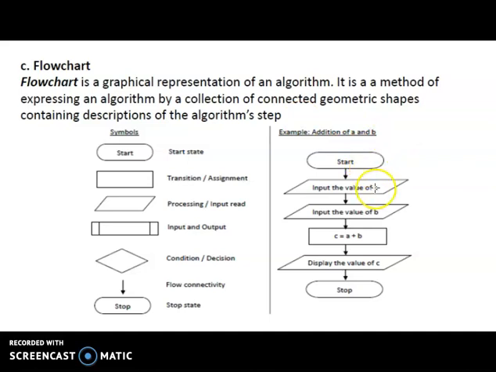Second, this shape indicates input the value of A and input the value of B, and the process assigns C equal to A plus B. Suppose we give A as 5 and B as 10; then 5 plus 10 equals 15. 15 is assigned to C, and this will display the value. Whatever value results from A plus B is assigned to C. Display the value in C. This is the stop of the process.